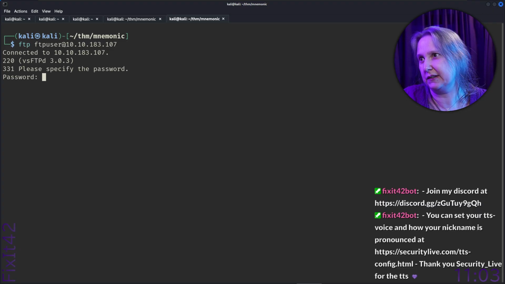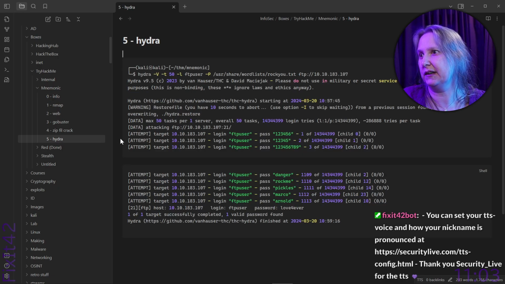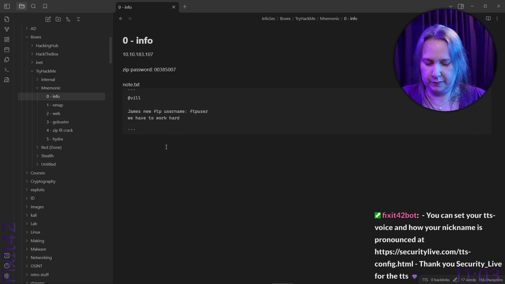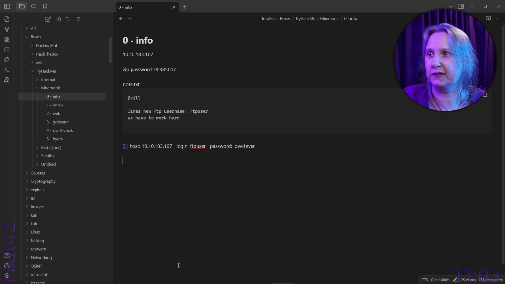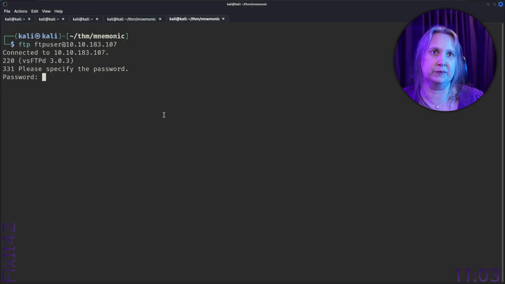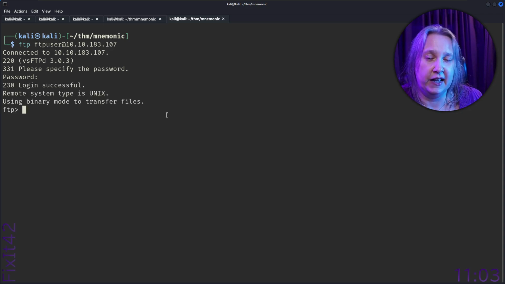So then we will get the question for the password, and it is not in my notes yet. So let's hop over here, and we didn't add the password to our notes. And maybe we should even do that, because that's kind of all of it. So it's kind of obvious it comes from Hydra now. Let's copy this and paste it, I'm just clicking twice here to make sure I'm actually in there when I'm pasting. And we're at FTP.